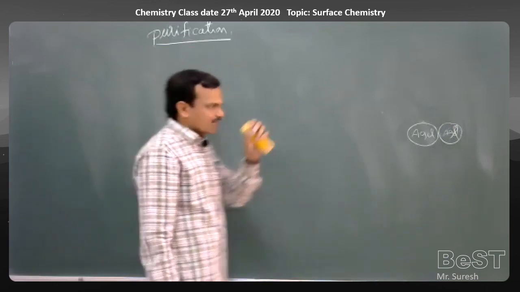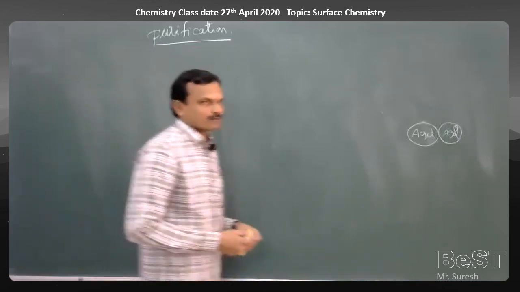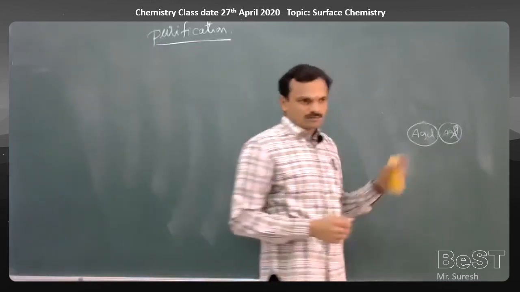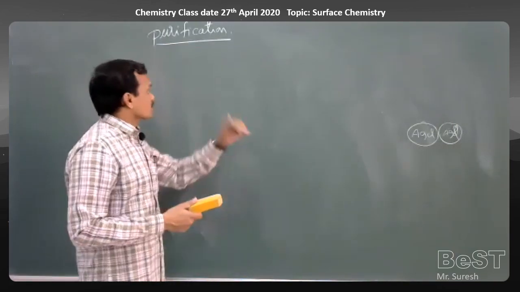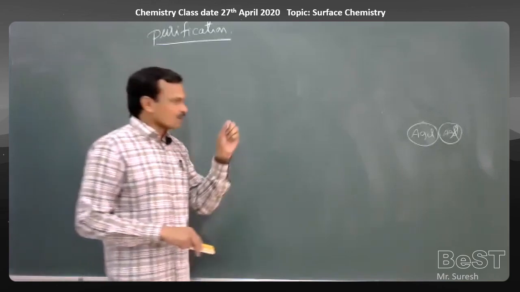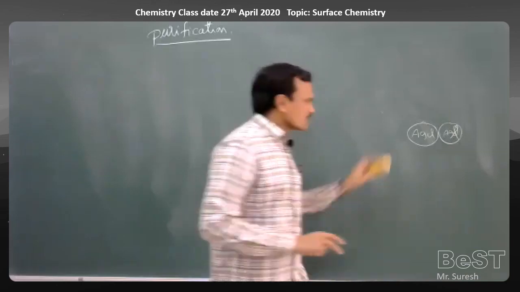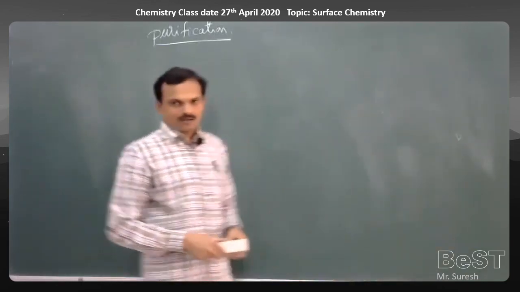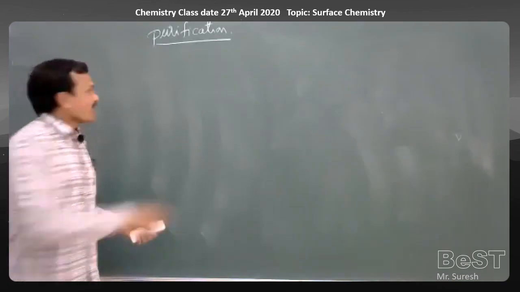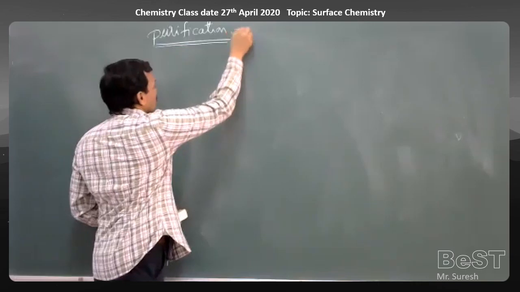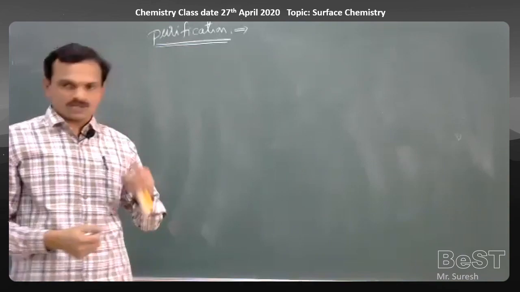So the presence of electrolyte particles is essential for the stability of a colloid. At the same time, the electrolyte particles should not be too many. If more electrolyte particles are there, they can again make the colloidal solution unstable. So electrolyte particles should be present to the required level, but not in large amounts. The excess electrolyte particles we should remove from the colloidal solution, and that process of removal of excess electrolyte particles from a colloidal solution is called purification.